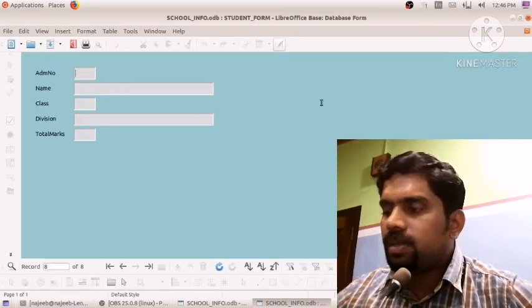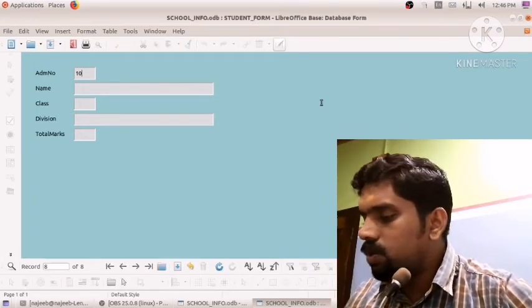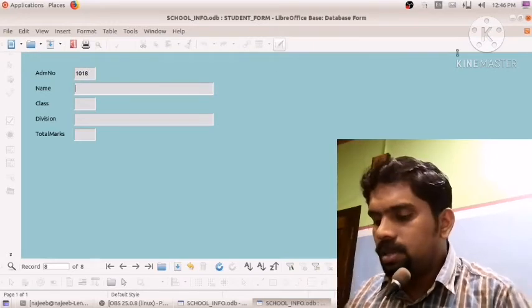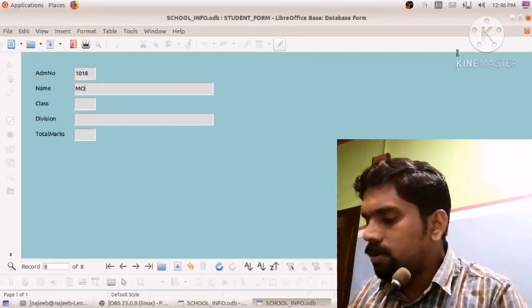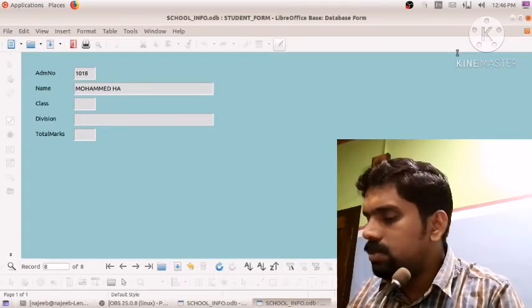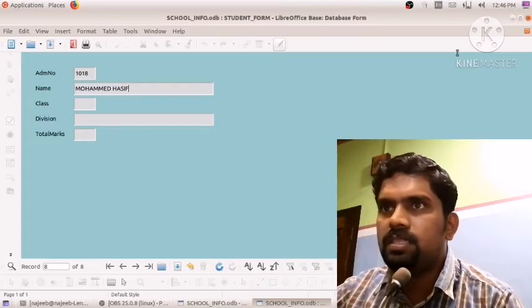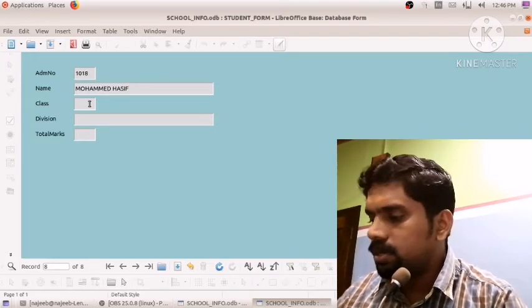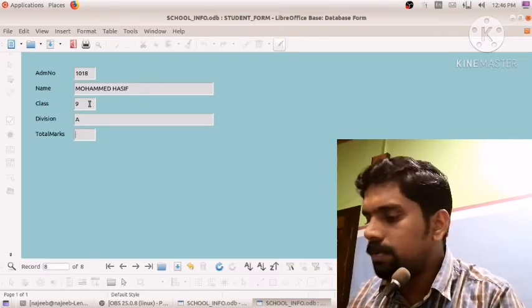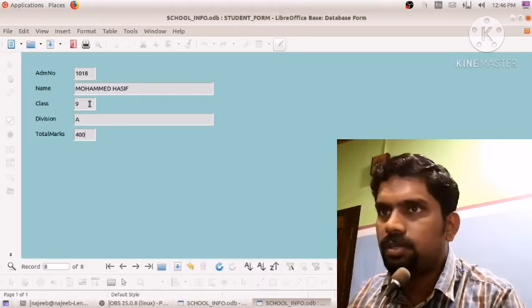Here we can give the details: 1018 as admission number, and the name Muhammad Asif. Class 9, division A, then total mark 400.